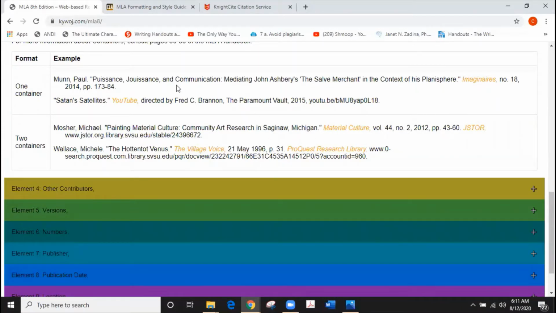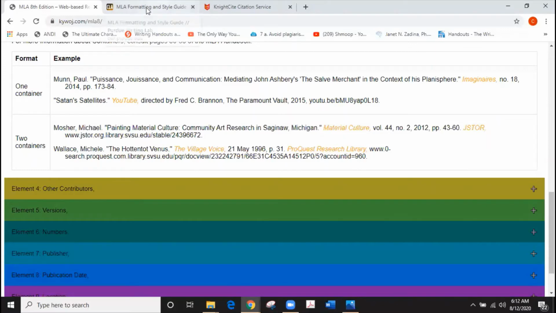And you'll italicize those containers, and it will go author, followed by the article title, followed by the journal, magazine, or newspaper title, the publication date, the page number, then followed by the database name, the URL or DOI, and then many instructors will want you to include the access date as well. And just remember that as you go through, the article title is in quotation marks, and then the containers, the magazine, journal, or newspaper title would be in italics, as well as the name of the database that you're in.